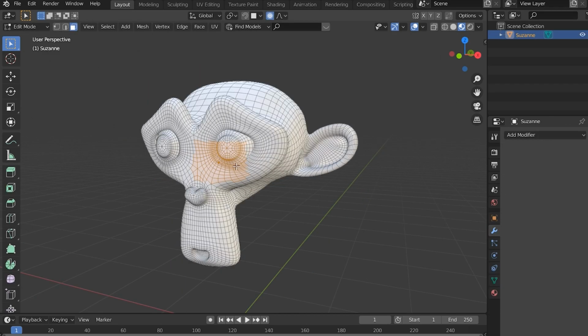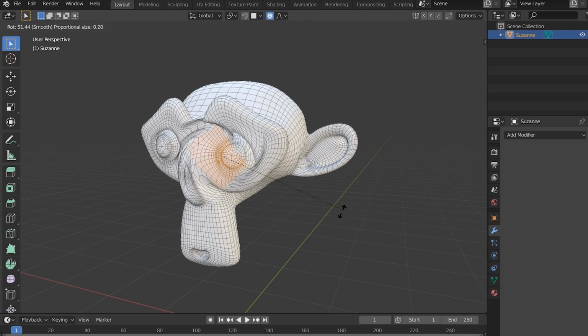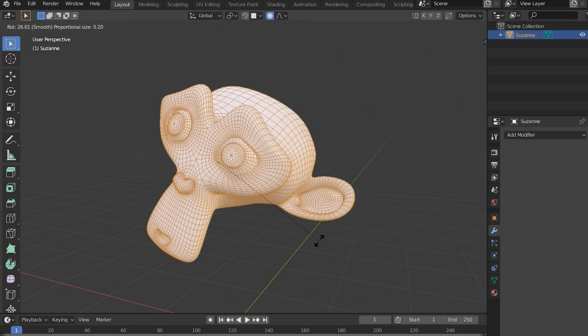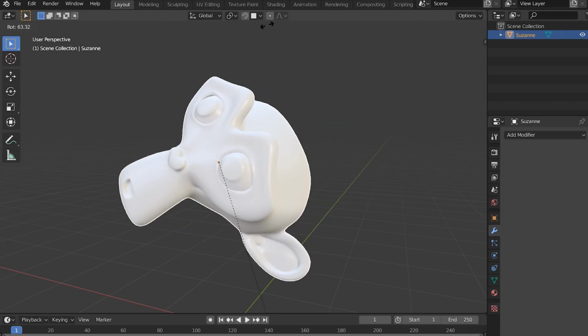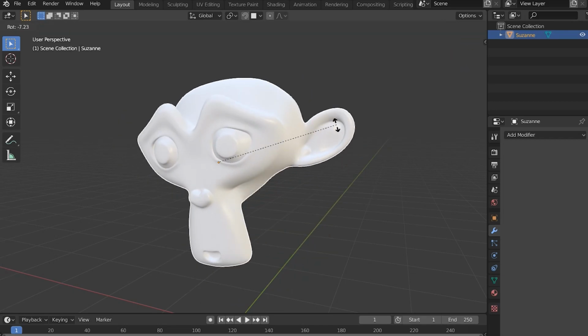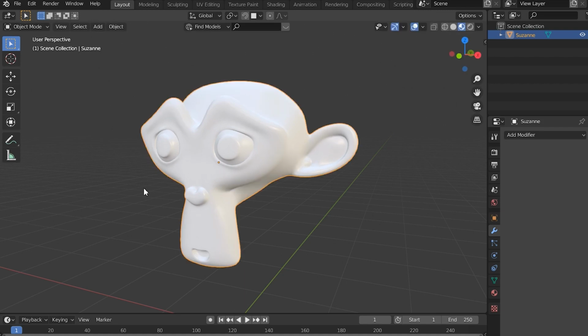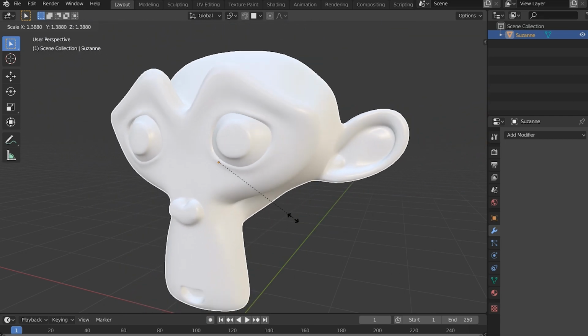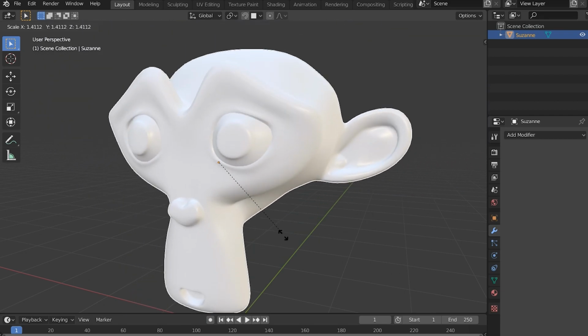To rotate part or all of an object, you hit R and that's going to rotate, or you can rotate the whole thing by selecting all of it. You can also use this in object mode and it will always rotate around your origin. So this little orange dot means a lot when you're rotating an entire object. It will scale to that origin as well. You can see the line from my cursor to the origin and where it's scaling from.